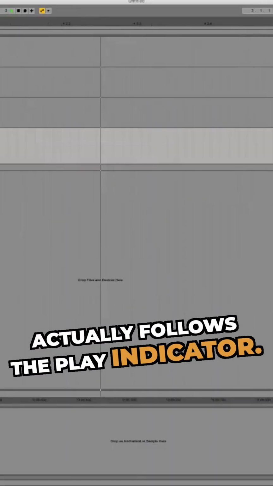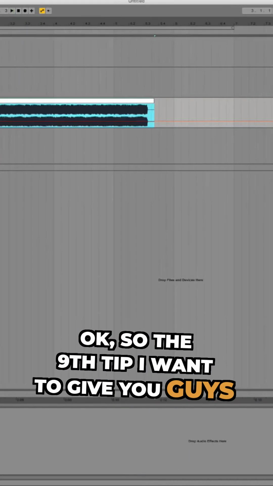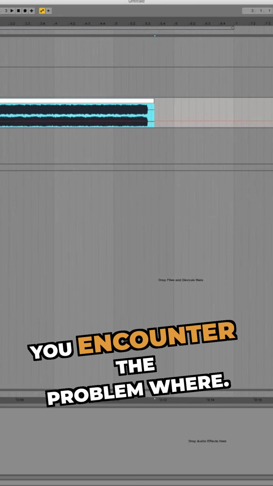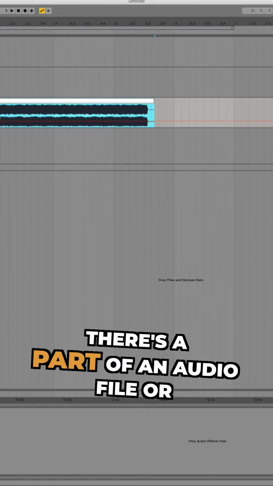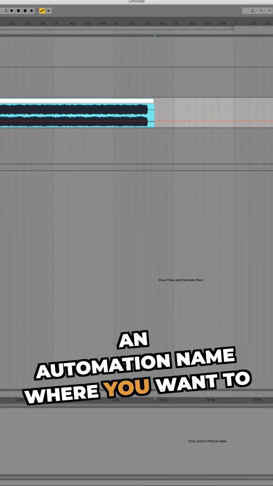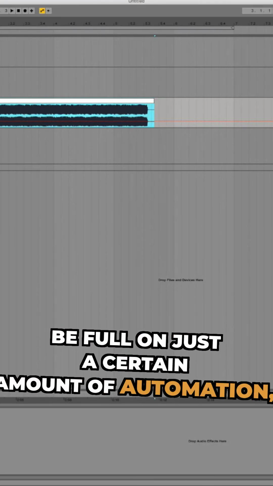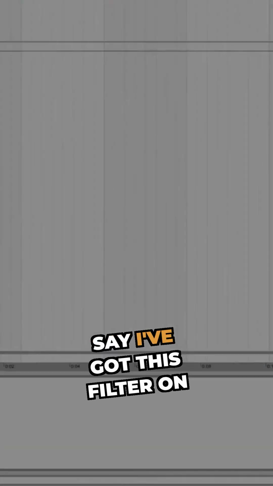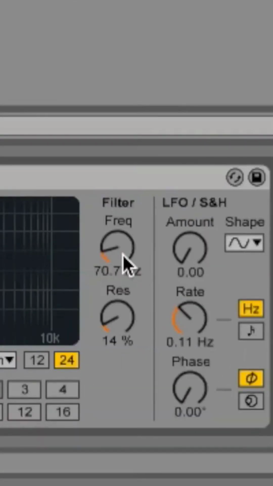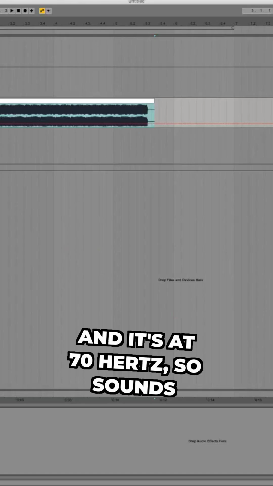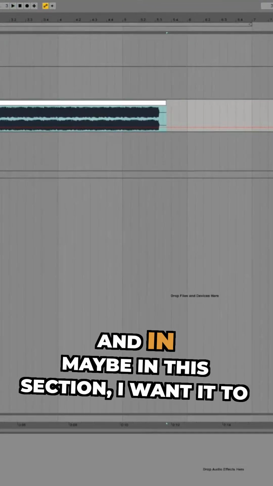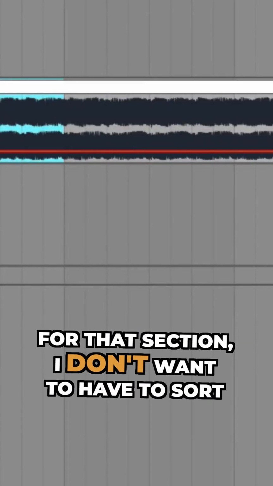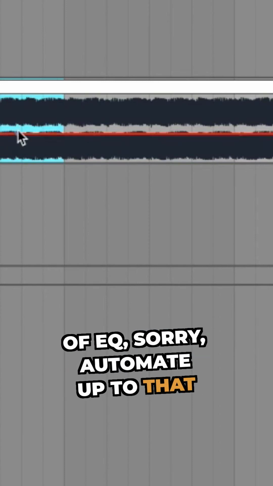Okay, so the ninth tip I want to give you guys is something I like to call section automation. Section automation is for when there's a part of an audio file or an automation lane where you want it to be at a certain amount of automation, but you don't want to have to draw it in. Say I've got this filter on and it's at 70 hertz, so it sounds like that, and maybe in this section I want it to be at about 200 hertz, but just for that section. I don't want to have to automate up to that and then back down